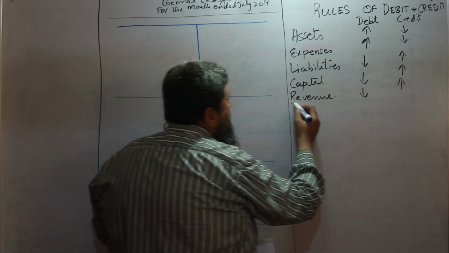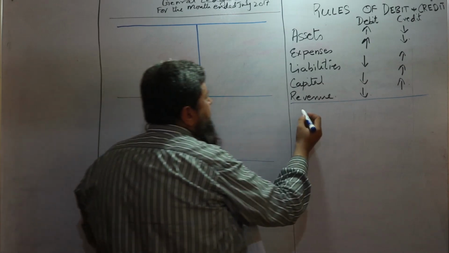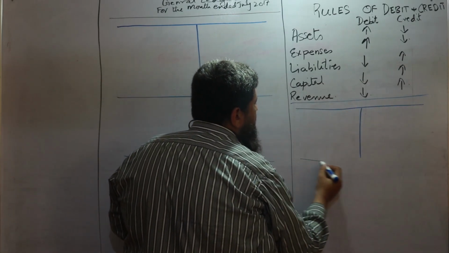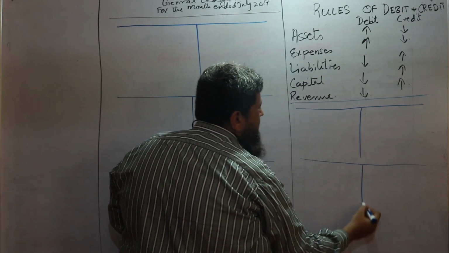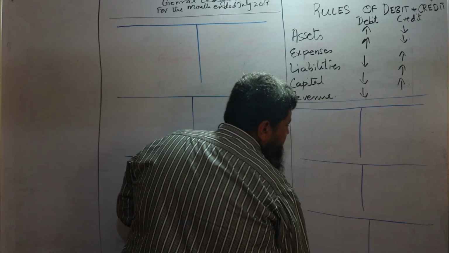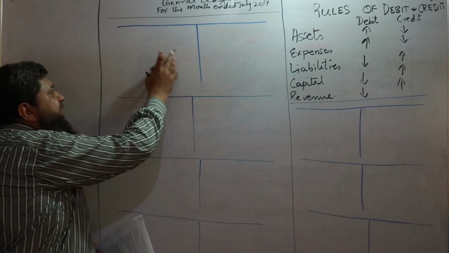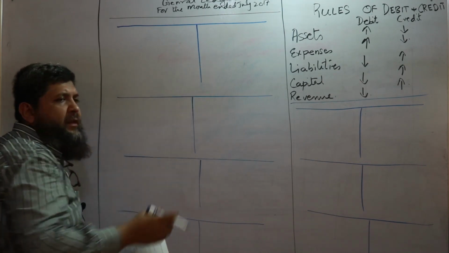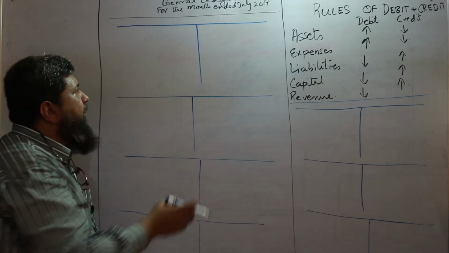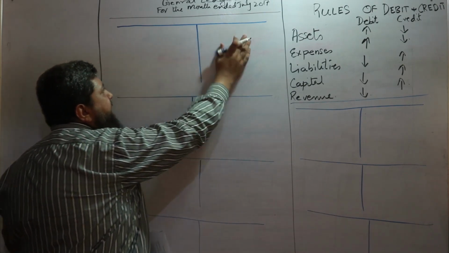Right, I am including this portion of whiteboard in general ledger. These types of shapes are prepared in a book called general ledger. You can see that every shape is like a T. That is why it is also called T account. And for every T account there is a left hand side and a right hand side.